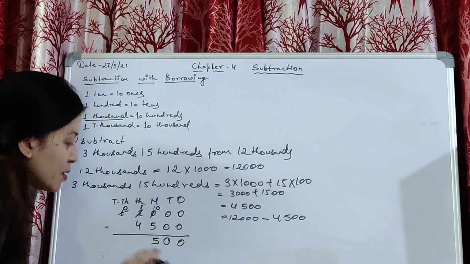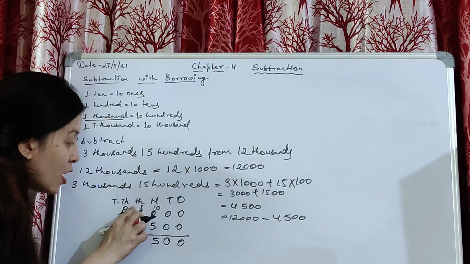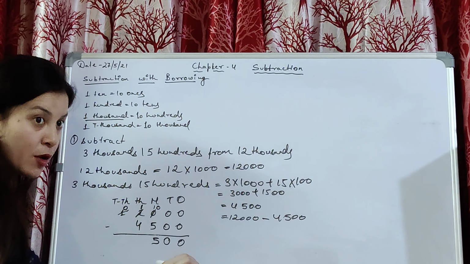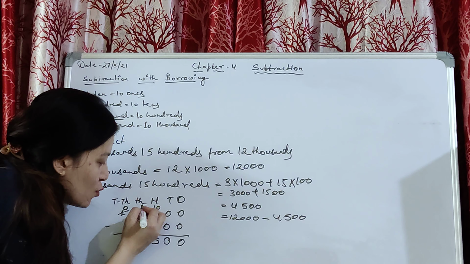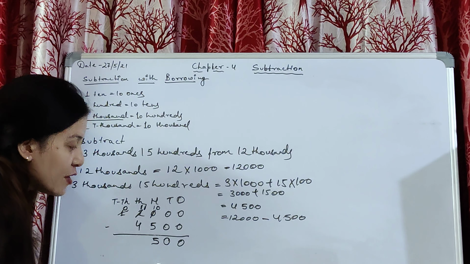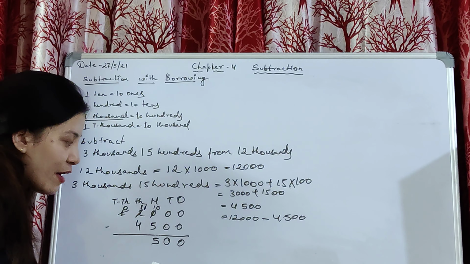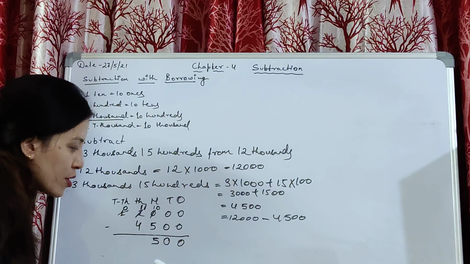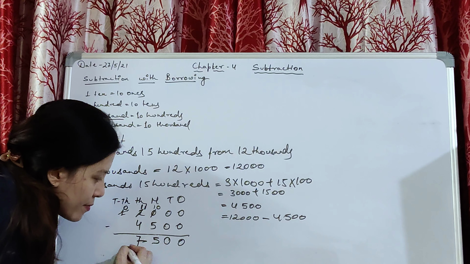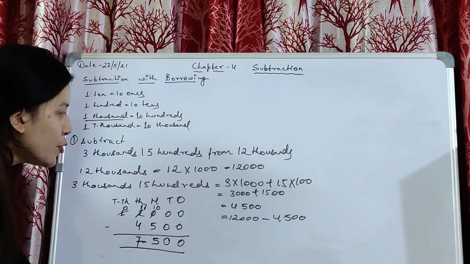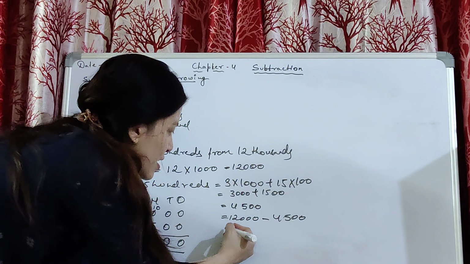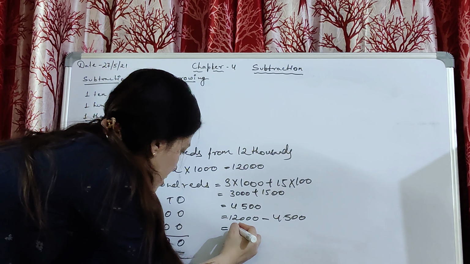So now you are bringing 1 from 10,000, and 1 10,000 is equal to 10,000. Okay, 10,000. So 10 plus 1 will be 11. 11 में से 4 रह जाएगा. If you will subtract 4 out of 11, okay, आपके पास कितना बचेगा? You will be left with 7. Okay, you got the answer as 7,500. आपके पास कितना आंसर आया? 7,500.